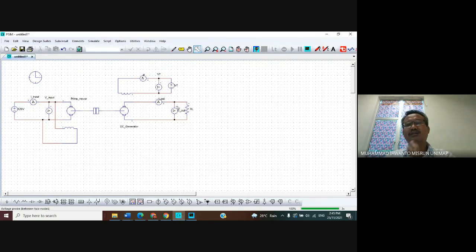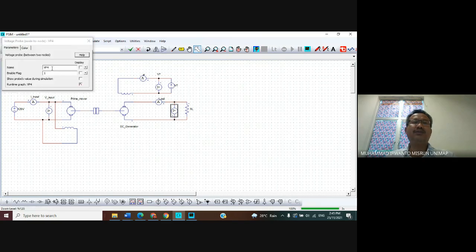In here the positive terminal is above, and we want to change it to be below. I just cut here and take back the voltage probe, right click until the positive terminal is on the below side. And give the symbol V out.